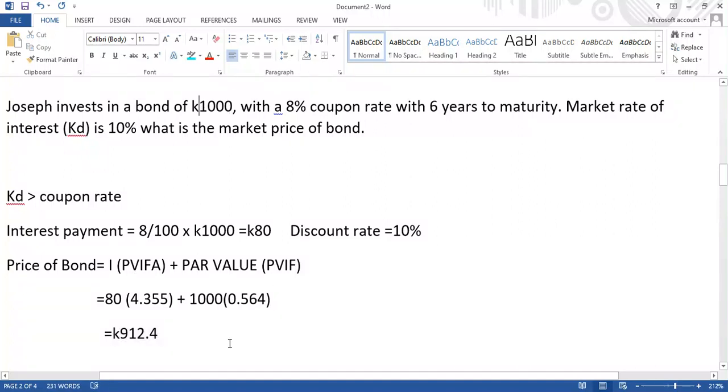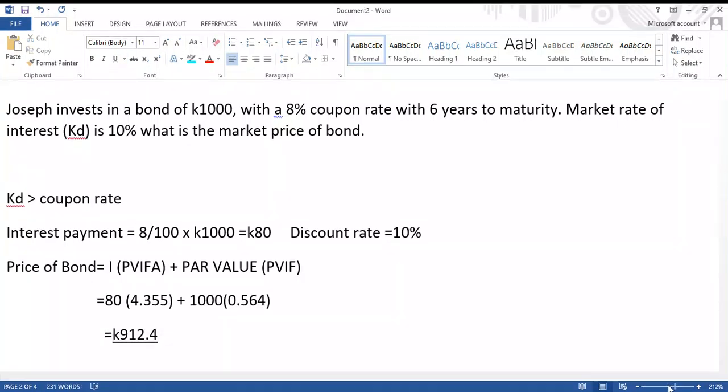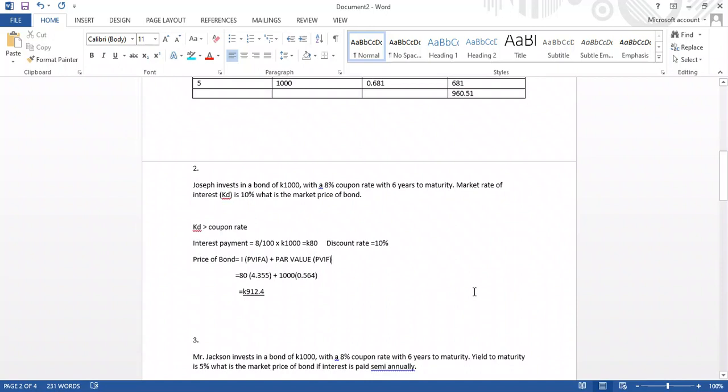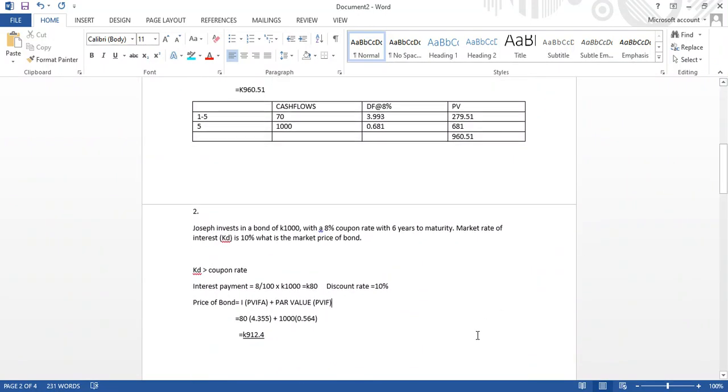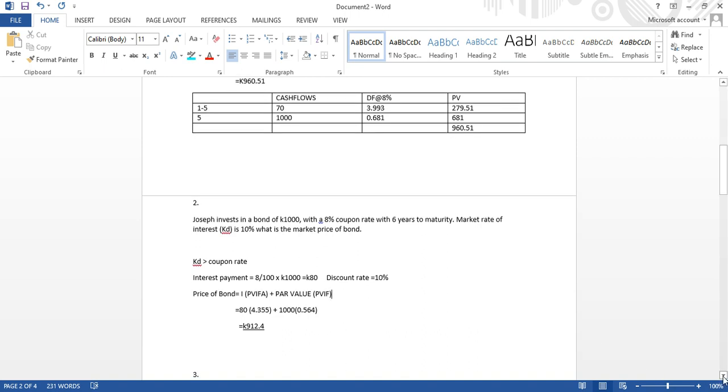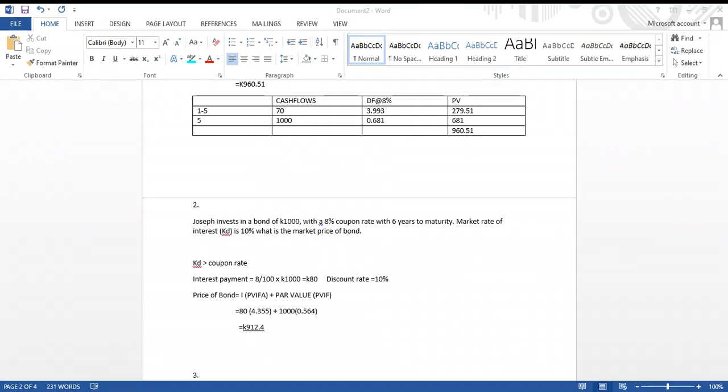As we can see, our market value, which is 912, is less than our nominal value, meaning this debt was being sold at a discount. So in the next video, we're going to see how to deal with debts that pay interest,